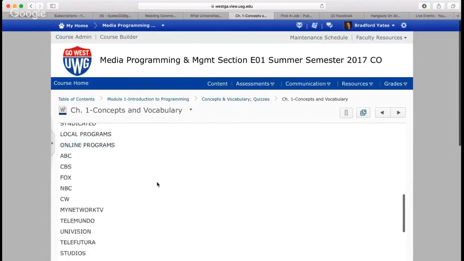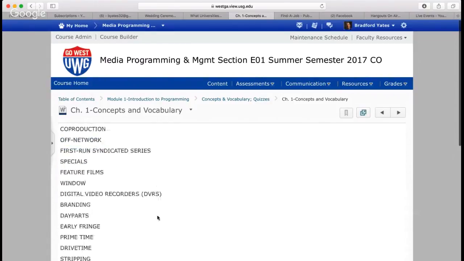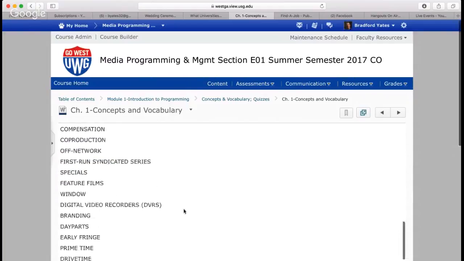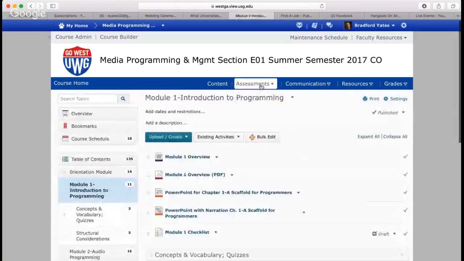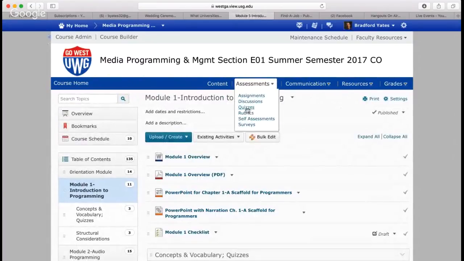So there are lots and lots of vocabulary words and just general concepts that come out of chapter 1. They're not difficult. So I encourage you, again, over and over, to work on the quizzes that are available. You have 2 shots at it. The first time that you answer the quizzes for each chapter, you get feedback on the ones you got wrong. But then you can go back in and take it again.